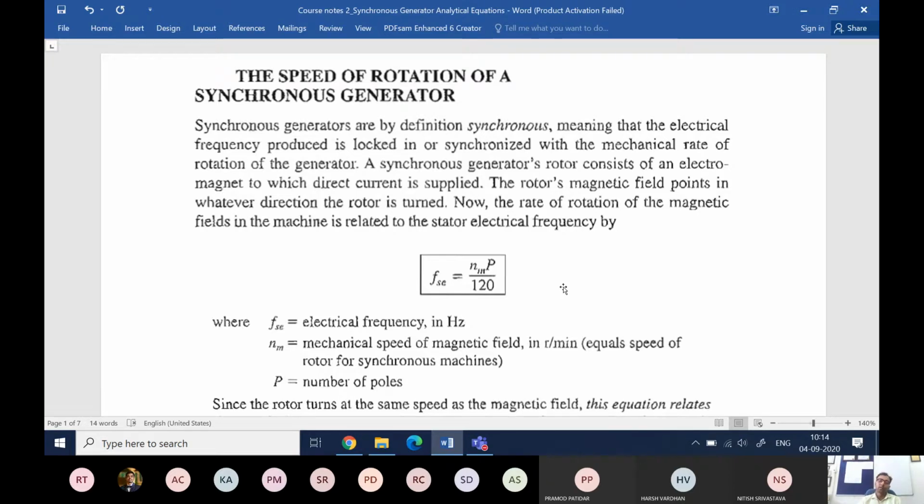If you have the same thing in the US, then because the frequency would be 60 hertz, and the minimum number of poles is 2, the maximum speed possible is 3600 RPM. So that is the range which is the maximum for the synchronous speed. And accordingly, as you go on increasing the number of poles, the synchronous speed will come down. Now let's say if we have a 10-pole machine, what will be the value of the synchronous speed for that? 600